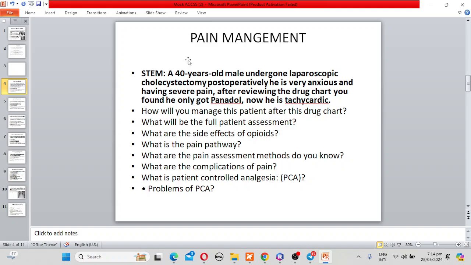Pain is an unpleasant sensory and emotional experience that leads to patient discomfort. I can't remember all of it. Okay, unpleasant sensory and emotional experience associated with actual or potential tissue damage. Correct. Now, if you saw this drug chart, what would you tell the nurse,